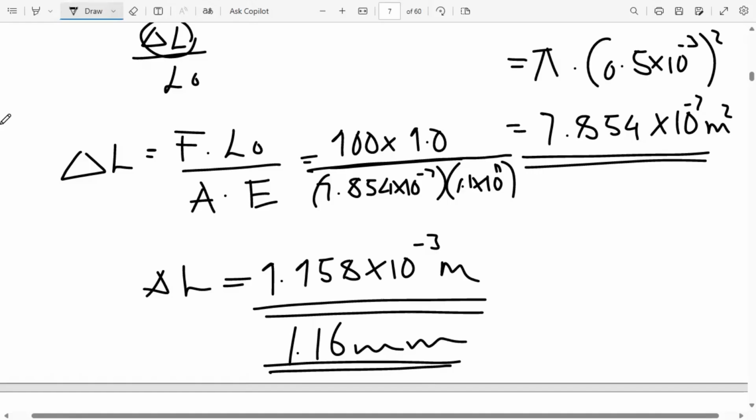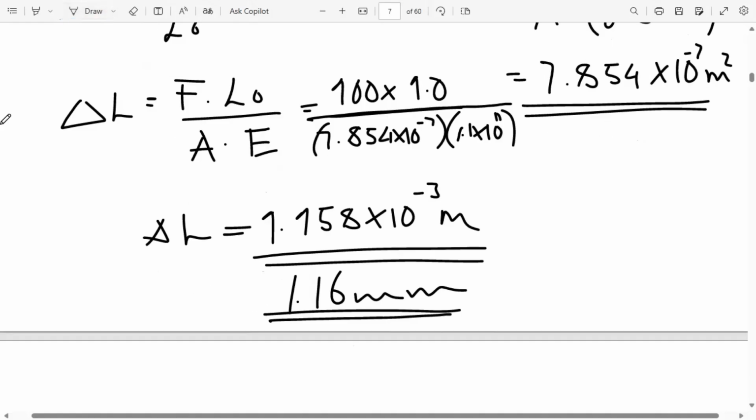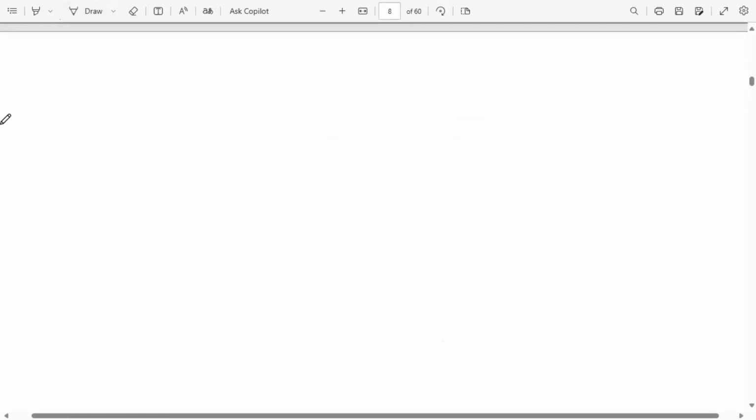And as usual, they've asked us a theoretical question on part B: why must implant material match the modulus of bone? Why must the implant material match the modulus of bone? So I'll just give maybe two or three points here. We can say it is mostly involved in the prevention of